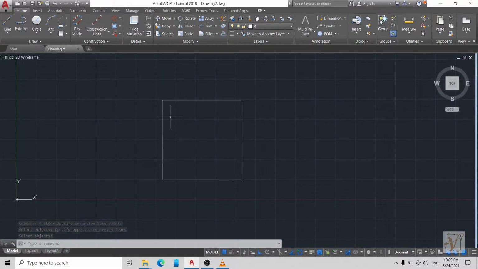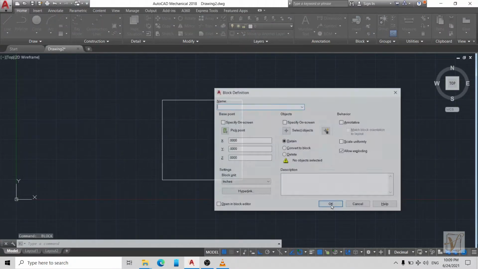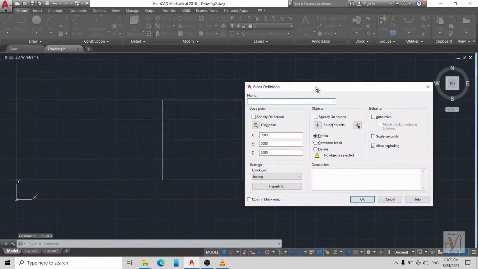Okay friends, when you turn an object into a block, it's stored in a drawing file and ready to be located at any time. The block remains part of the drawing file even when you end the editing session. When you open the file again, the block is available for use. In addition, you can access block from other drawings by using the AutoCAD Design Center. You will learn more about the Design Center in future video.